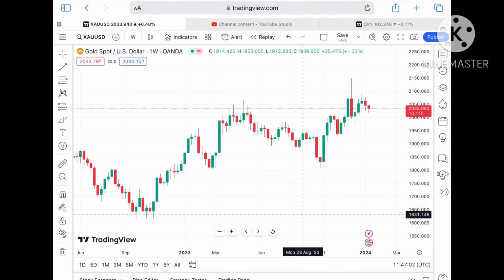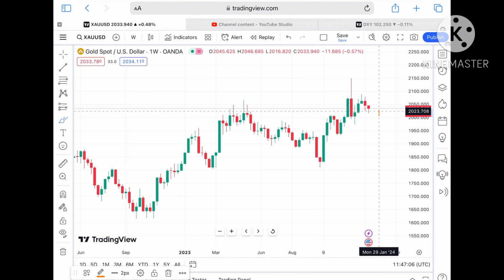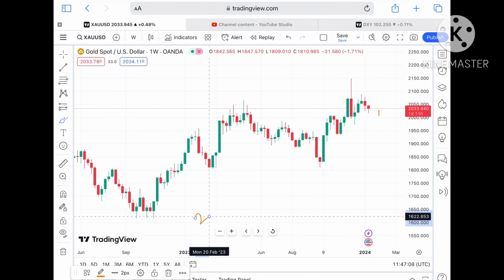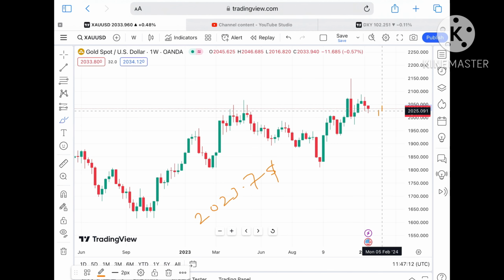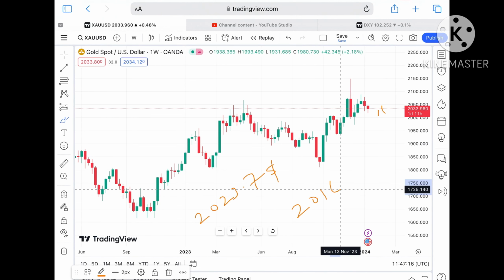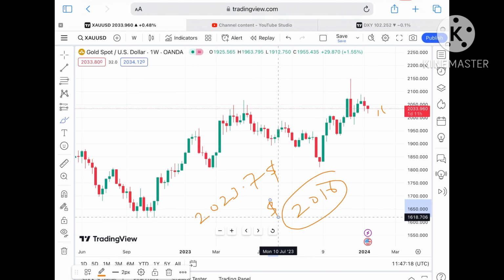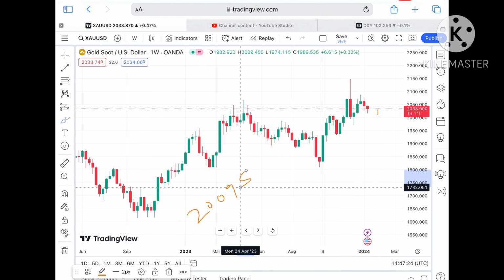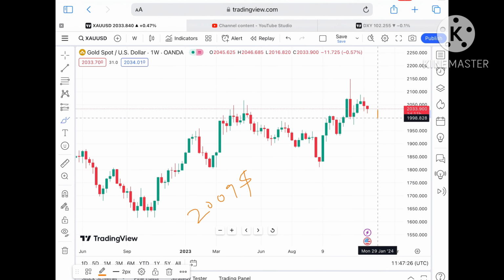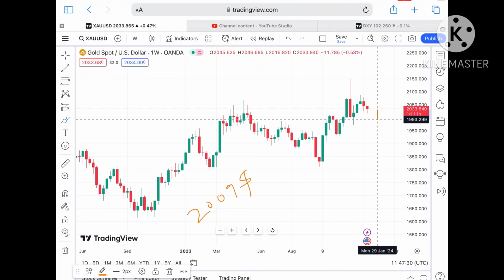Let's see, suppose the price didn't sustain. Okay, what we can see, suppose if the price didn't sustain, it can come down towards its next support at a level of $2023.7. If it started going below that particular zone, a further fall we can see towards a level of $2016. Okay, if the price started moving below 2016, a further fall we can see towards a level of $2009. Okay, and if it started moving below 2009, a further downfall we can see